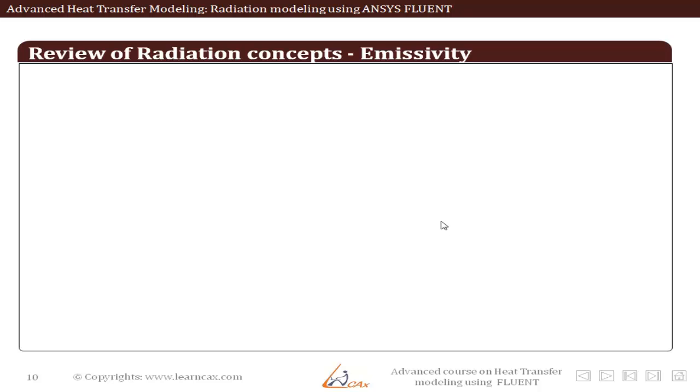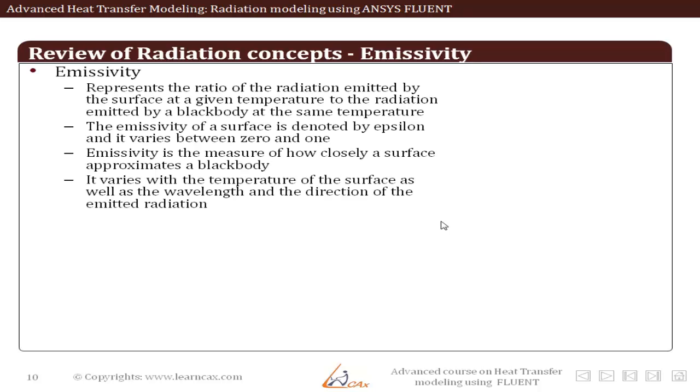Now it is per unit area at a specific wavelength and per unit solid angle in a particular direction. In reality, no material is as good as the black body. Black body is an idealized concept and it is used for comparing how good or bad the real material's performance is with respect to radiation. So the concept of emissivity comes up.